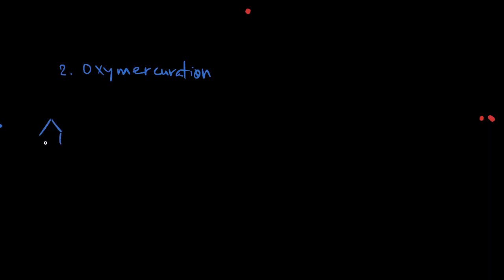But what we will be looking at is, once again, if we were starting off with the same initial reactant here, this alkene, and in this case, we are reacting it with the necessary reagents to undergo oxymercuration, we can see the product that we would form. So the reagents that you need to know, right? It's very important that you are aware of what reagents you're using and that you're using them correctly, right? So we will be using